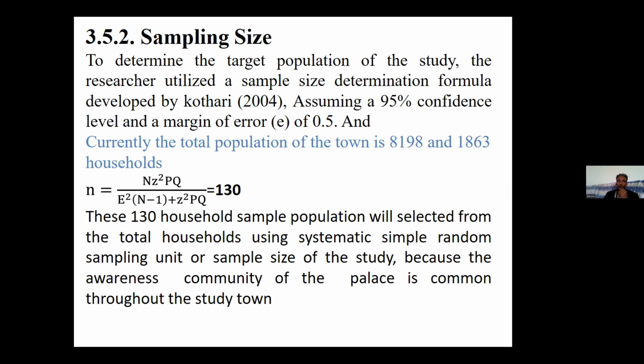When you see the sample size, we know the current total population of the town is 8,198, and it has 1,863 households. So based on this ordinary formula,